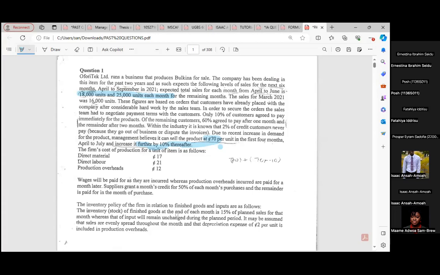So these figures are based on orders that customers have already placed with the company after considerable hard work by the sales team. In order to secure the orders, the sales team had to negotiate payment terms with the customers. Only 10% of customers agreed to pay immediately for the product. Of the remaining customers,